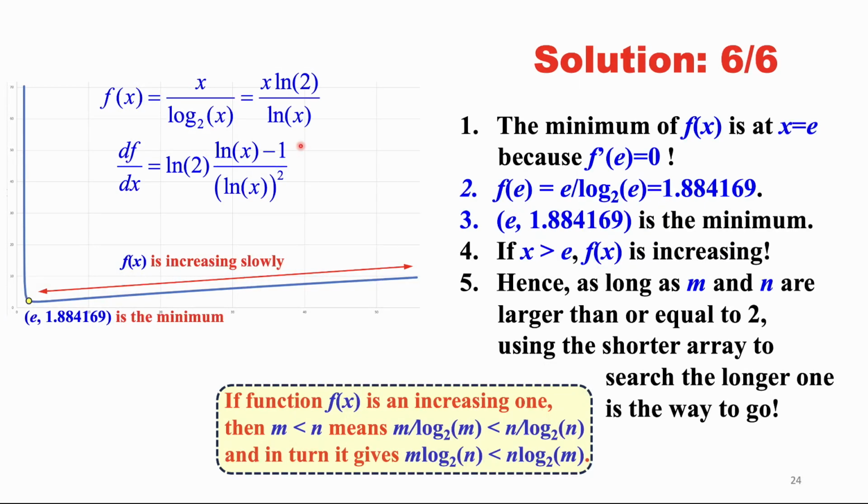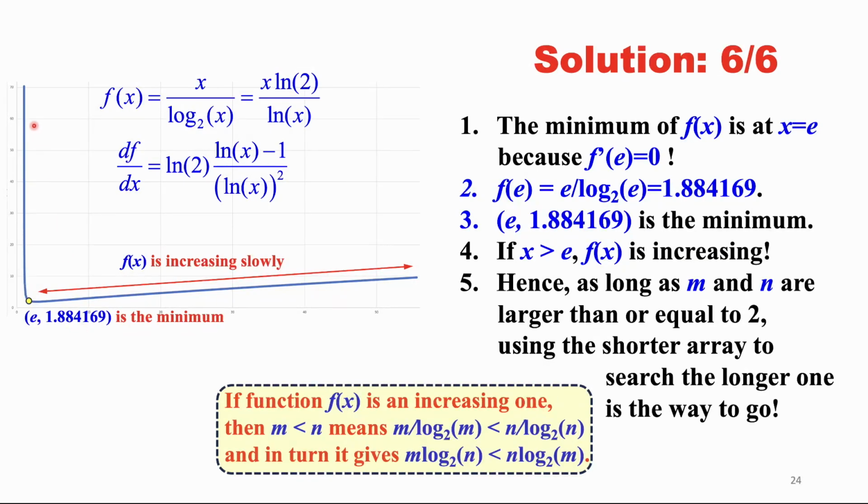When does log x equal 1? Is this when x equals e? That's 2.7 something. So we know the minimum occurs at e. So what is the value of f(e)? We just plug e into here. We have this. Therefore, the point (e,